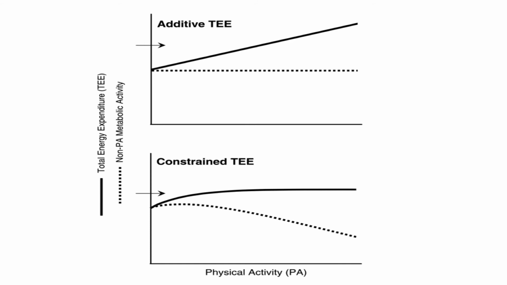The constrained model of total energy expenditure suggests that there is a ceiling and that non-physical activity, so think basal metabolic rate, goes down as physical activity goes up. There is some good evidence for this. Basically, over time, we get more energy efficient. Now, neither model fits reality perfectly and people vary, but the second, the constrained model, arose out of the observation